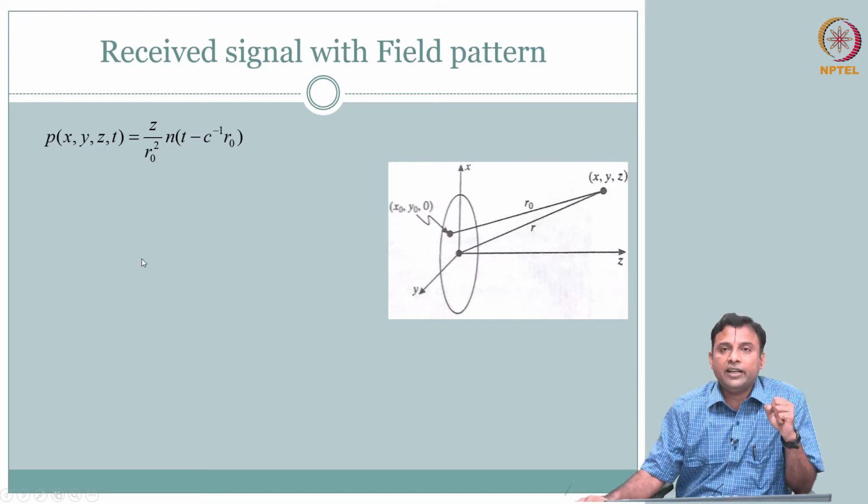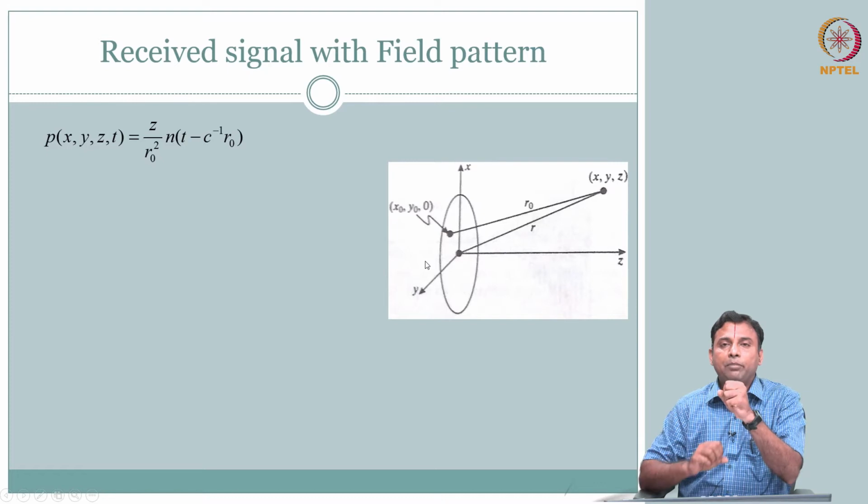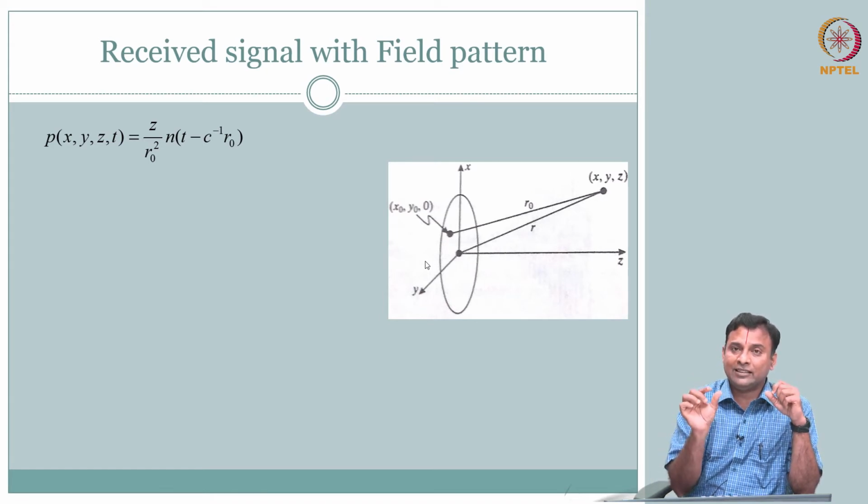How is this wave generated? Oh, this is generated from, for example, you take a point. You have a circular face here. So, if it had been a sphere that is going to oscillate like this, then you have spherical waves, which we call a monopole source. Whereas, what you have here is a disc.